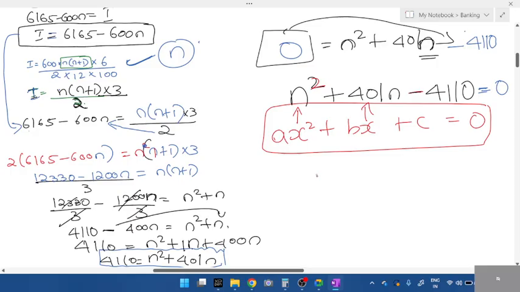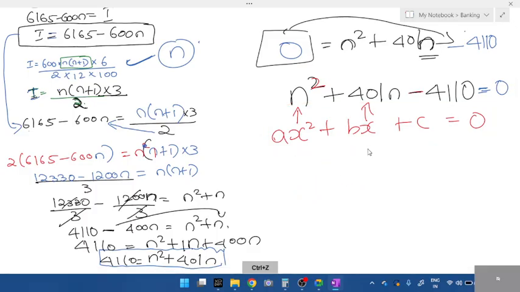So what is a quadratic equation? Whichever has degree 2, students. If you get equations like this with degree 2, we call this a quadratic equation. It has a separate formula. I'll tell that formula. See, we need to compare here. The formula is to find the value of x. x is nothing but n. You can even write it like this: a n square plus bn plus c is equal to 0. Those learning for the first time, it would be confusing. You practice 3-4 questions, you'll get used to it. So the formula is, to find the value of n: n is equal to minus b plus or minus